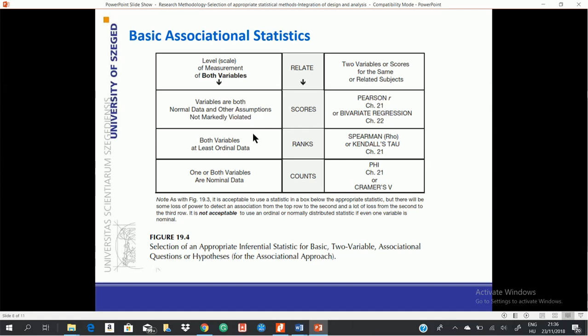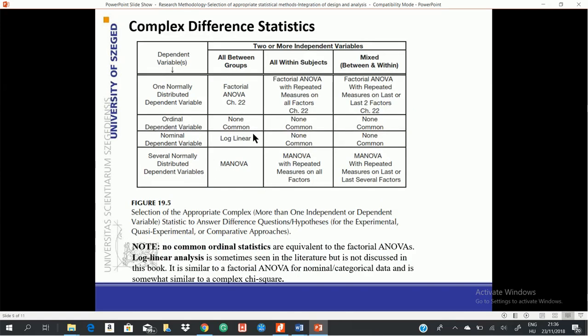Okay, we will continue with the next feature. This is the complex difference statistic. We start from here, with the dependent variable. The complex difference statistic depends on the dependent variable. If your dependent variable is normally distributed, and the dependent variable is a mean, which I explained before, it doesn't affect another